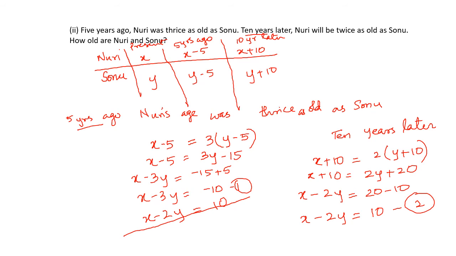Okay. So in word problems, the first thing is you form the linear equations. Forming the linear equations is very important. Once you form the linear equation, you can solve it using the substitution method or the elimination method or anything. But forming the linear equation is very, very important. Now I have formed the linear equation for you. You will be doing it on your own.